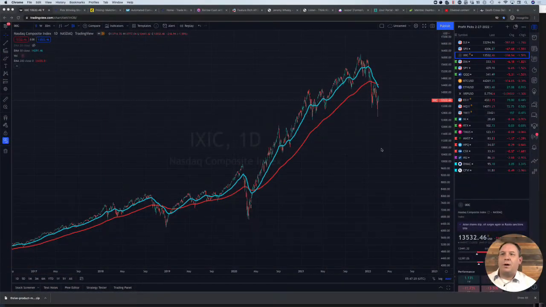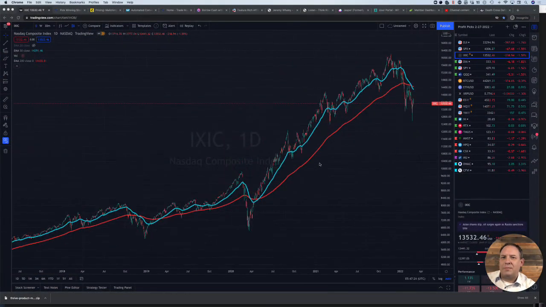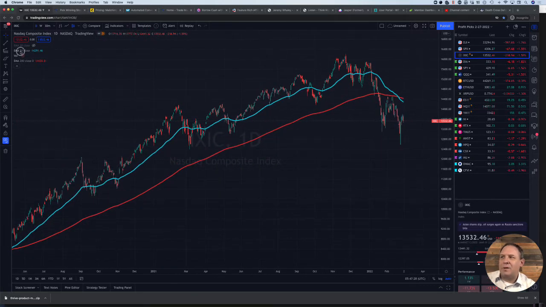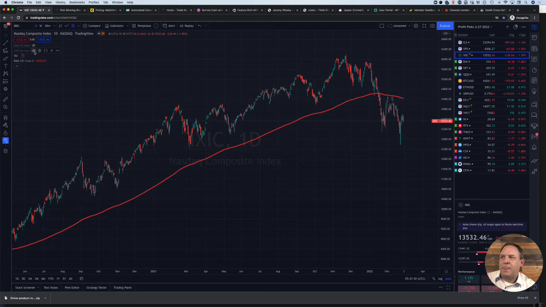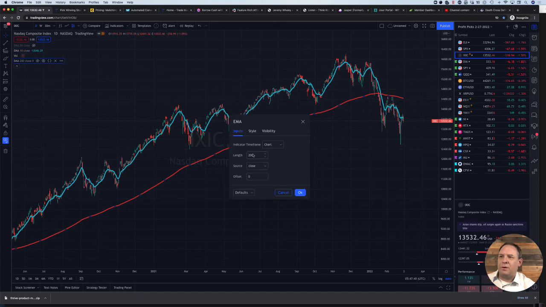In fact, would you like to know the real death cross? Would you like to know that? I'll give it to you right now, okay? So we're going to come back to our chart. And the reality is if I change these indicators just a little bit, I can take the same two indicators. It's just a moving average. I can still take that same moving average, but instead of being a 50 and a 200, I'm just going to change the inputs from 50 to 10. And then from 200, I'm going to change it to 50.